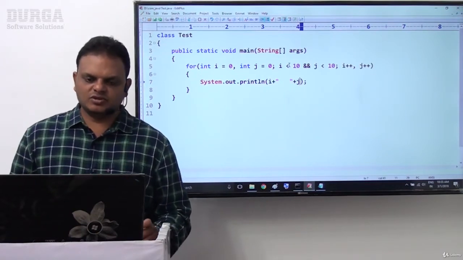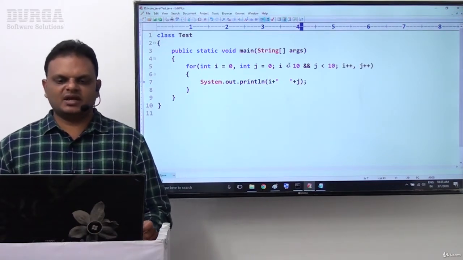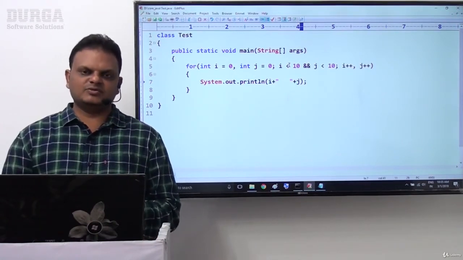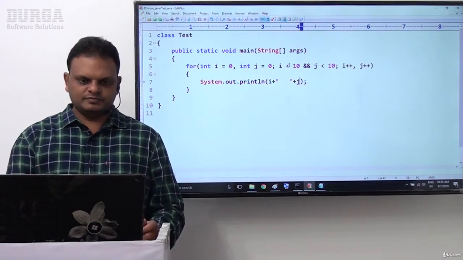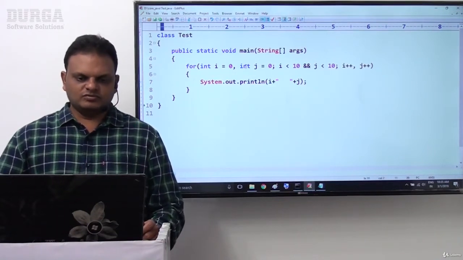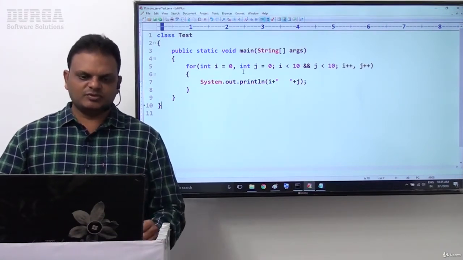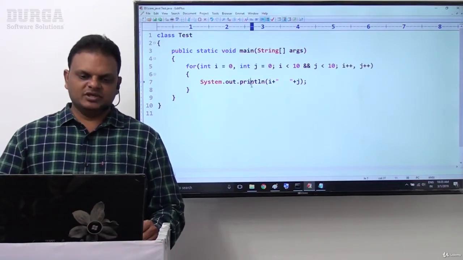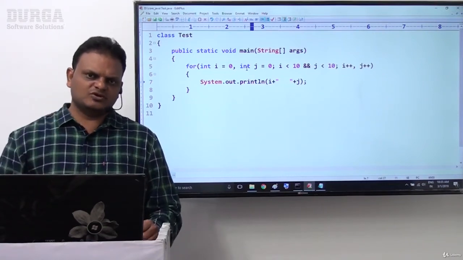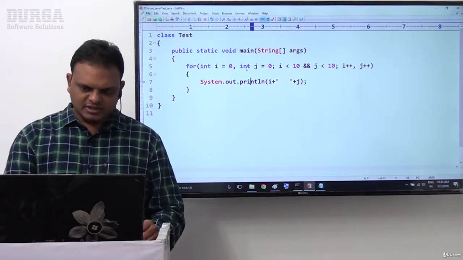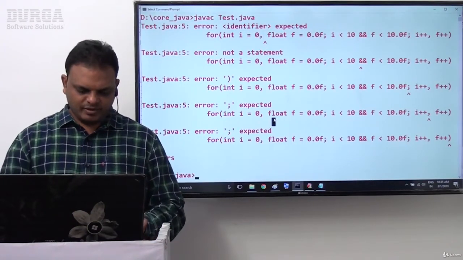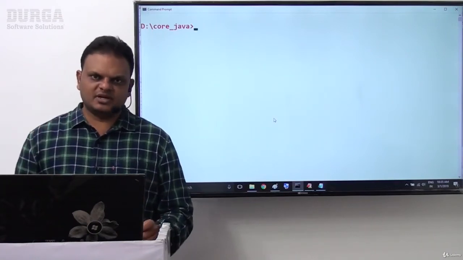Int i = 0, int j = 0, i < 10 and j < 10, i++, j++, System.out.println of i space j, that we provided directly. Right, sir. Now in this scenario, is this example possible? That means still I am providing two declarative statements, but previously two different data types I provided. This time the same data type, two declarative statements I provided here. Is it possible to evaluate this example? Now let us check this clearly. Again the same point: if you are getting the compilation error, then it is not possible.